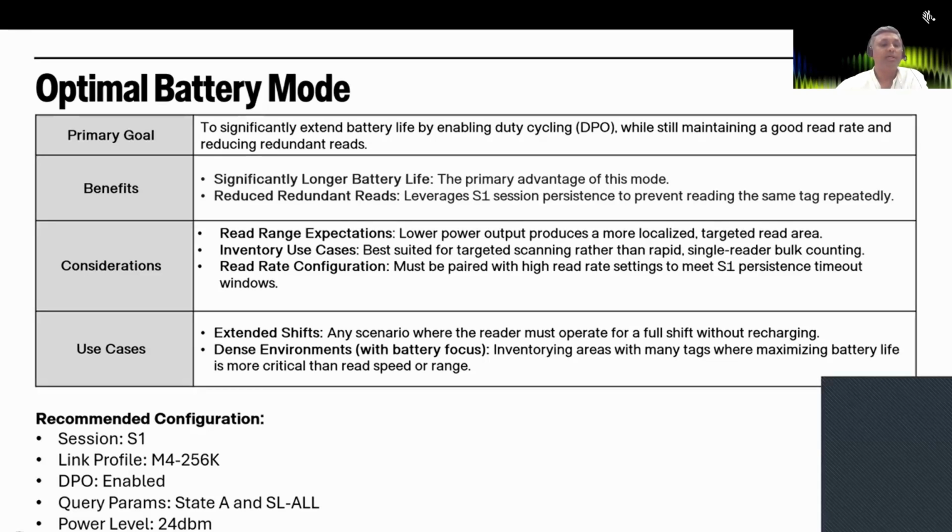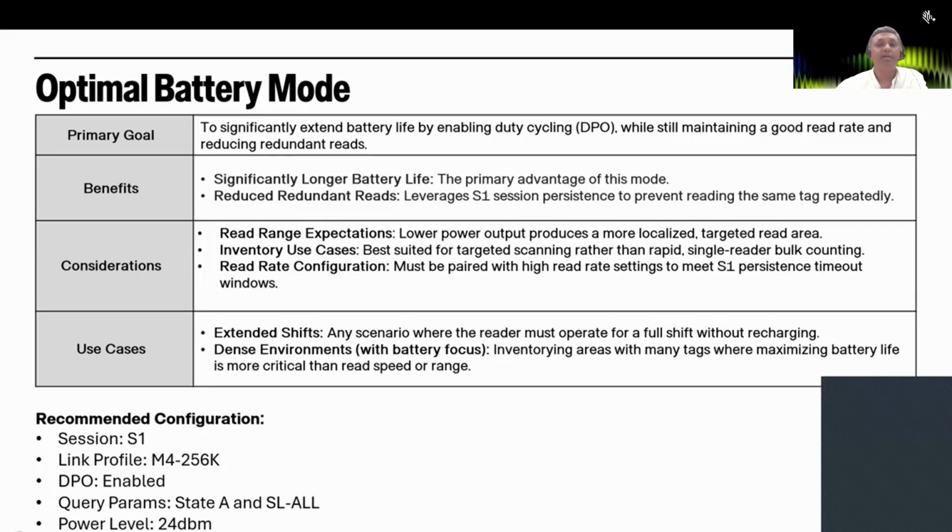Query params will work again. We will open up for target state A and state unaware configurations. Power level will be reduced to 24 dBm. So this is a good configuration set to achieve